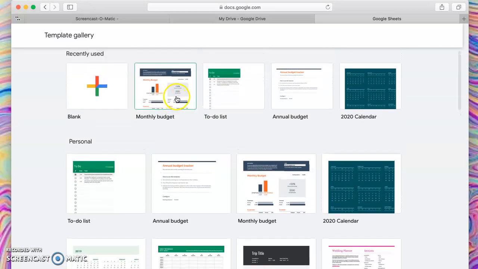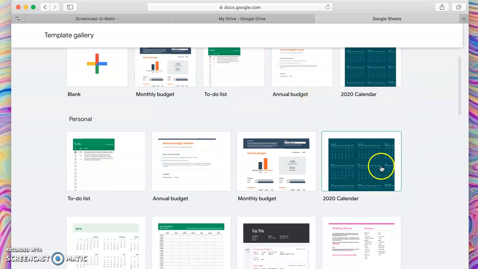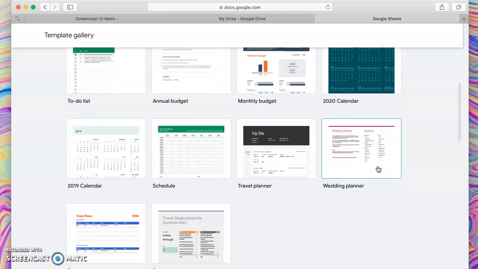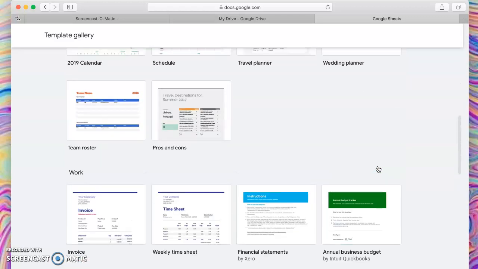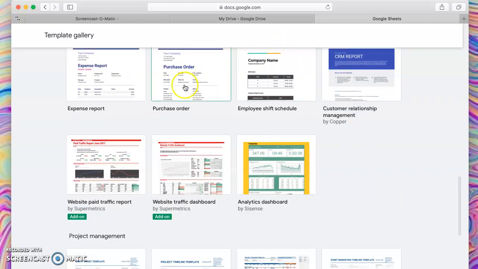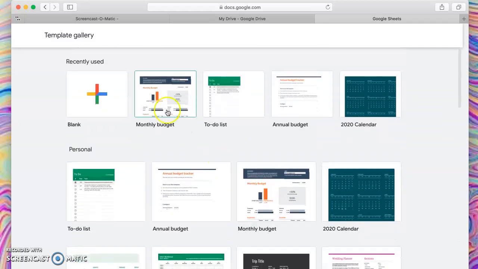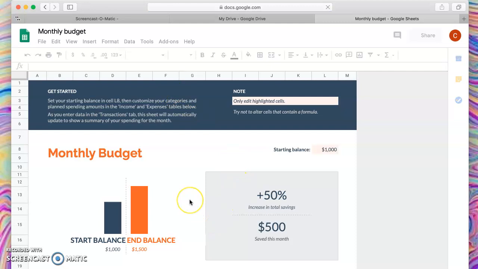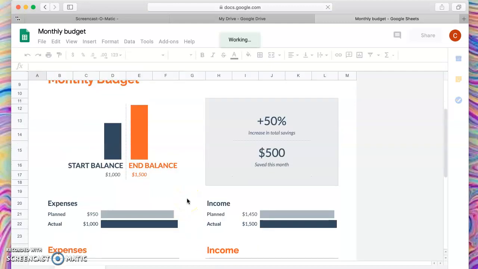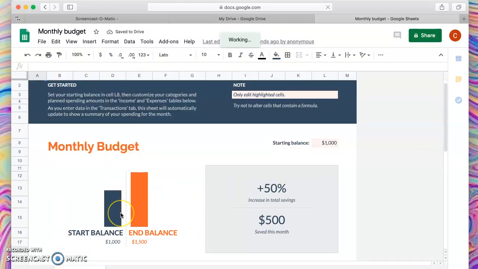You have monthly budget, which is what I'm gonna show you today. But there's a bunch of things on here. You can do a to-do list, you even have calendars, all types of things. Purchase order, expense report, just projects for like business things. But anyway, so you click monthly budget, and as you can see, you have a start balance of 1,000